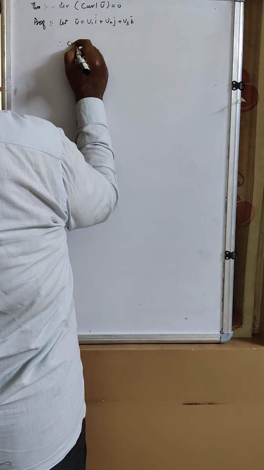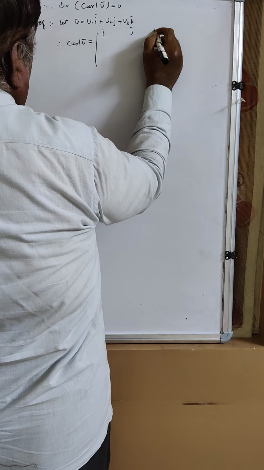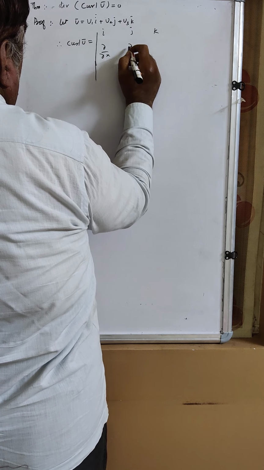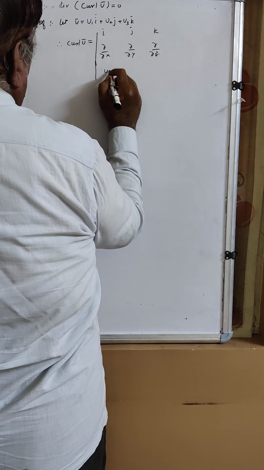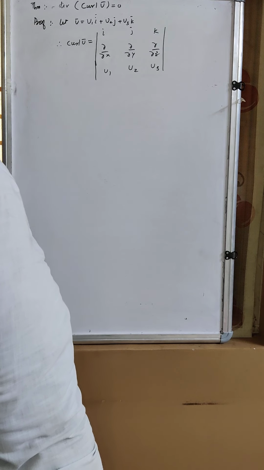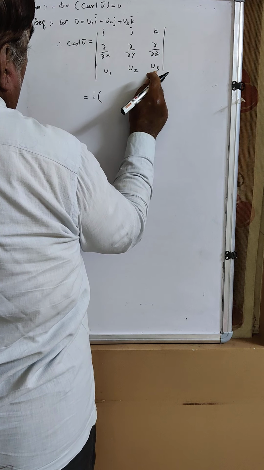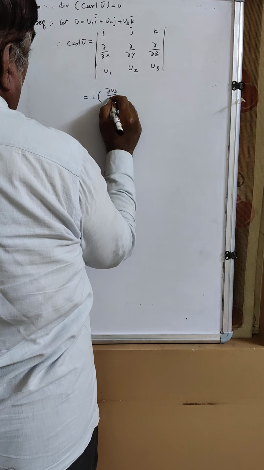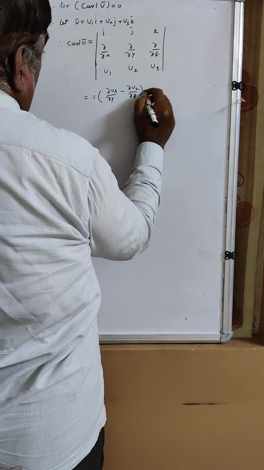Therefore, curl of U vector is equal to the determinant i j k, del by del x, del by del y, del by del z, u1 u2 u3, is equal to i times del u3 by del y minus del u2 by del z, minus j vector